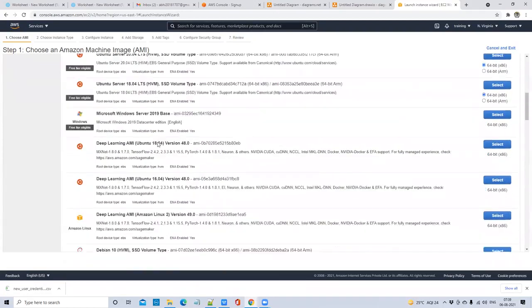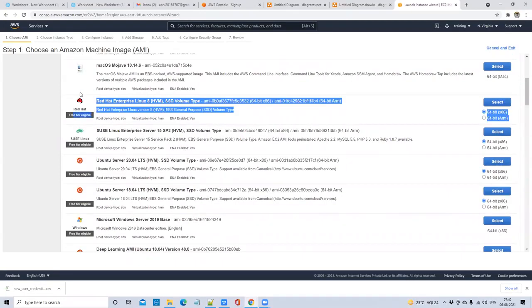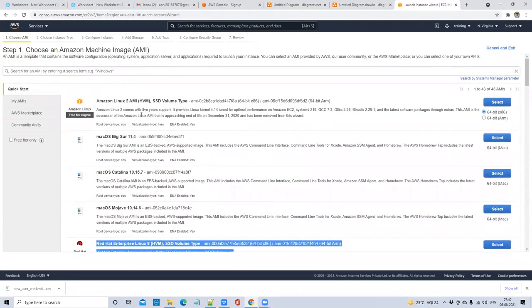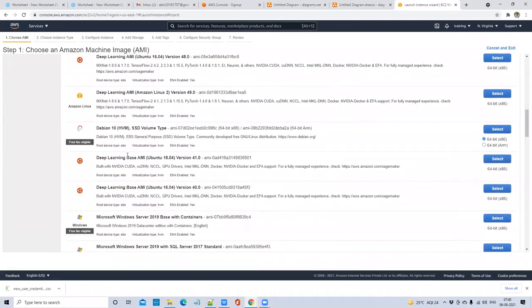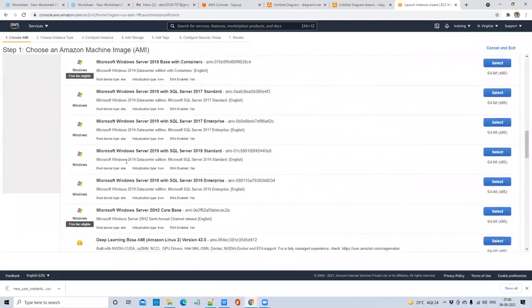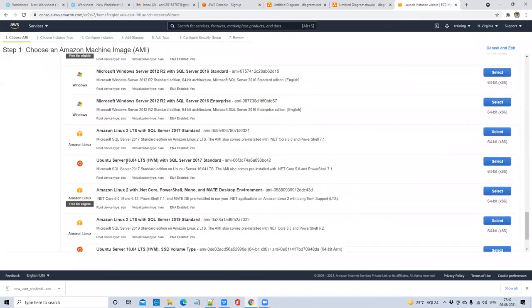If you see here in these machine images, it says free tier eligible. This one is not free tier eligible, so don't touch any Amazon machine images which are not free tier eligible. Otherwise, you will be billed for that. I want to create a machine with Linux or Ubuntu. Personally, I like Ubuntu, so I will create an Ubuntu machine. Ubuntu is also one kind of Linux operating system. There is one free tier version.